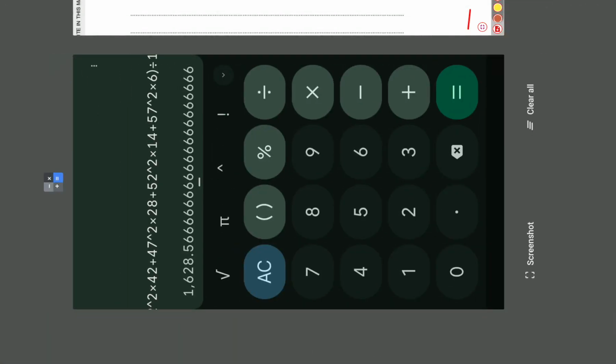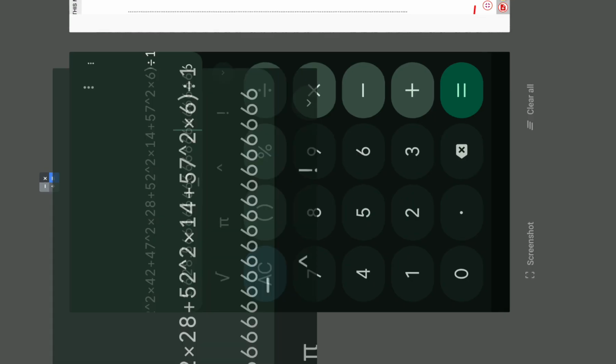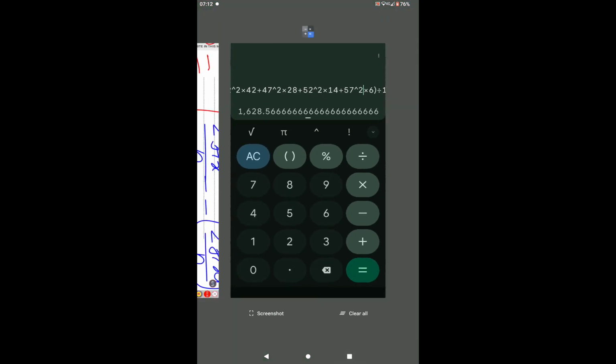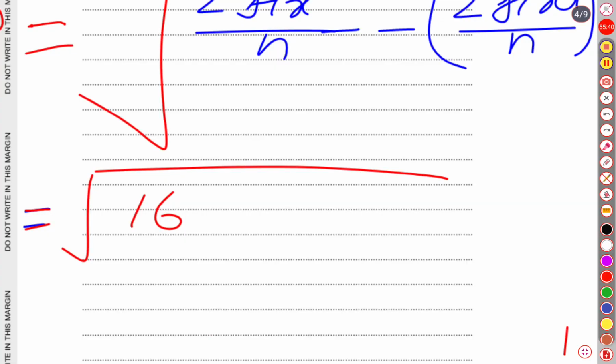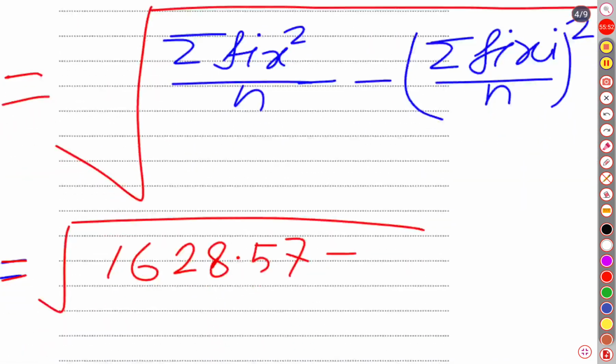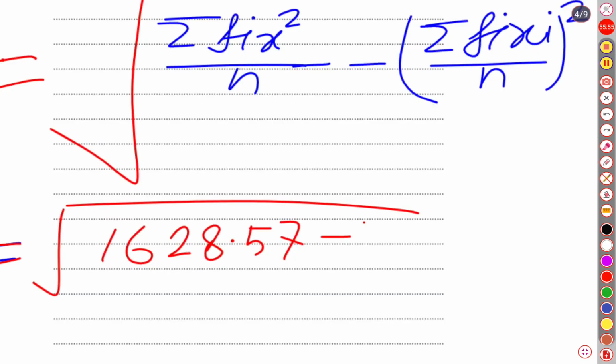It is 1628.57 minus the mean value. Already we have obtained our mean value was 38.9, so it is 38.9 squared. So finally our standard deviation is going to be